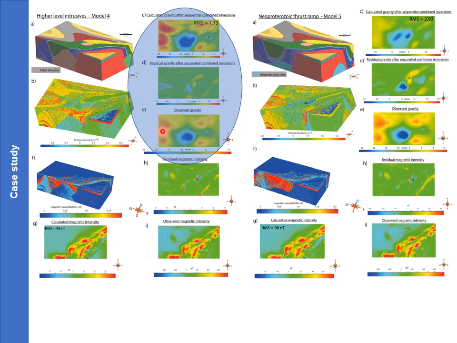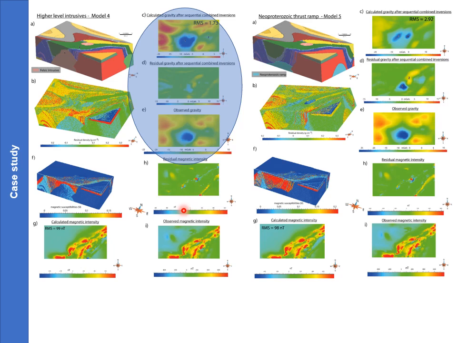And so Robin went back to the drawing board and said, well, if my initial concept of what was causing the anomaly is not correct, is my a priori model wrong? And so he went back to the original model and added an additional element, which was a large granitic body into the model, and by adding that body into it, he was able to create an inverse product that essentially had a much better fit between the gravity and the magnetic response.